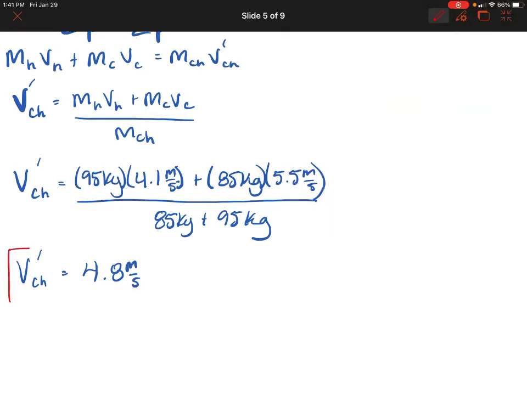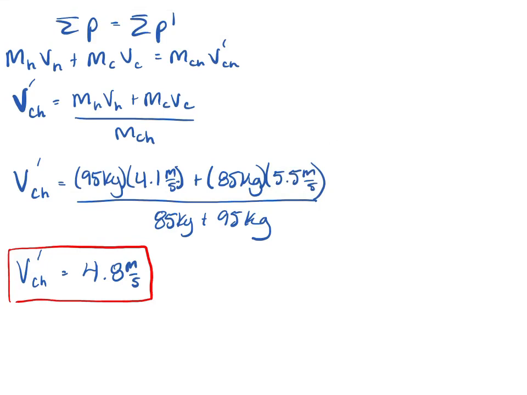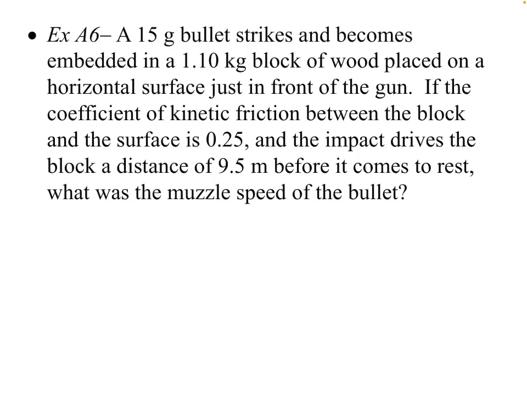Okay, so we know the momentum changed because their combined mass changed. Well, it didn't change in the whole system, but as soon as we change their individual masses to be a combined mass, we know the velocity has got to change as well. Okay, so there we go. Another way to use conservation of momentum, which is very similar to what we have already been doing. Okay, let's do one more example.